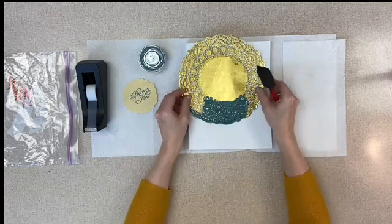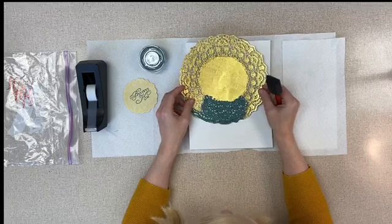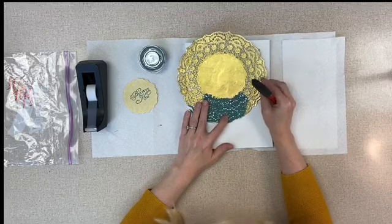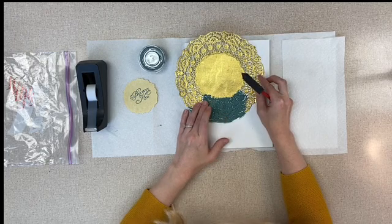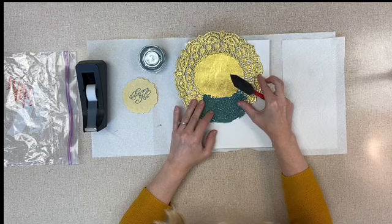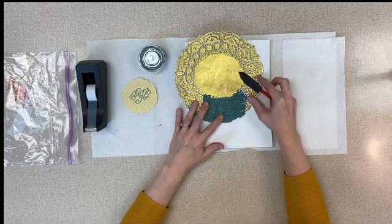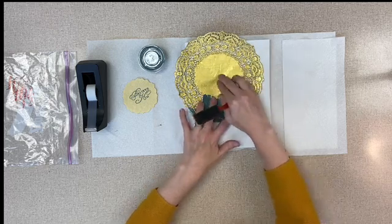We'll start out by making sure we match that back up here. We started it a little bit. Try to do it with the edges, that'll help you a lot. Take the doily. Now you can put this doily anywhere. We decided to put it off center. You can put it right in the center if you want, and use a piece of tape or several pieces of tape and tape it down,